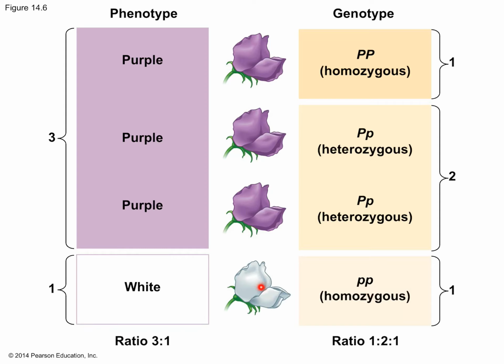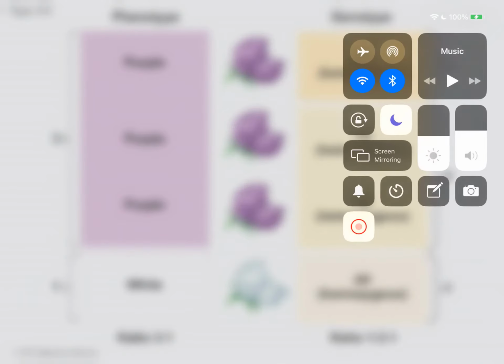It has to be. That's the only way you get a white flowered plant. So a phenotypic ratio is 3 to 1, whereas our genotypic ratio is 1 to 2 to 1. I think that is a good place to stop for this first video. I'll pick up with Mendel's second law, which is the law of independent assortment, in the next